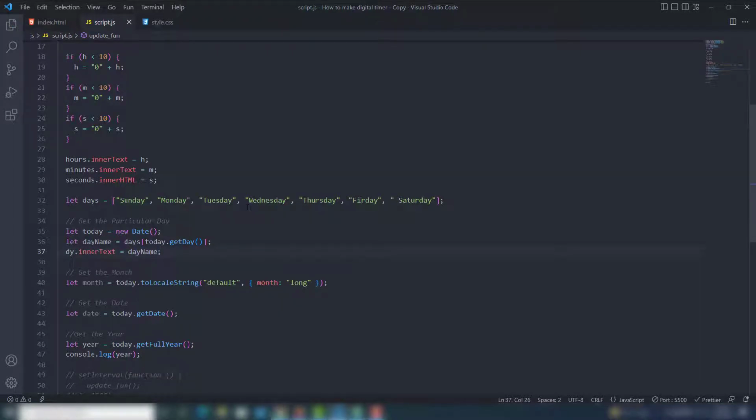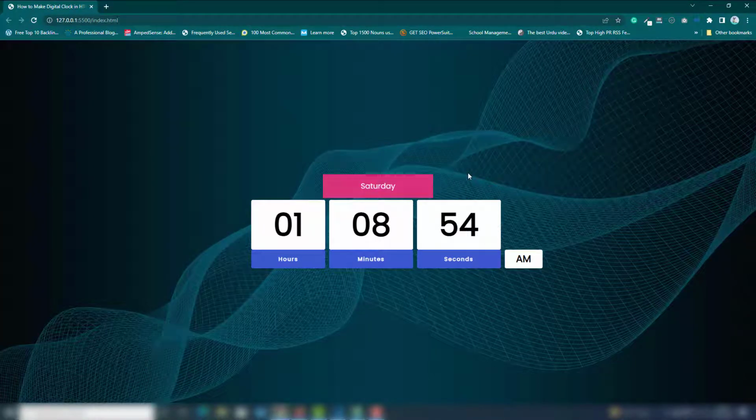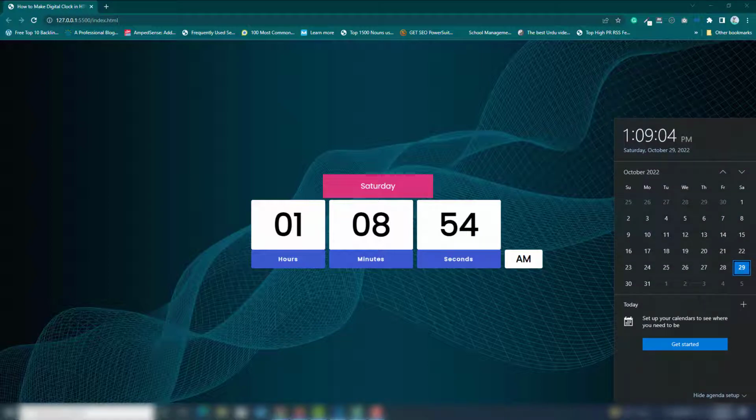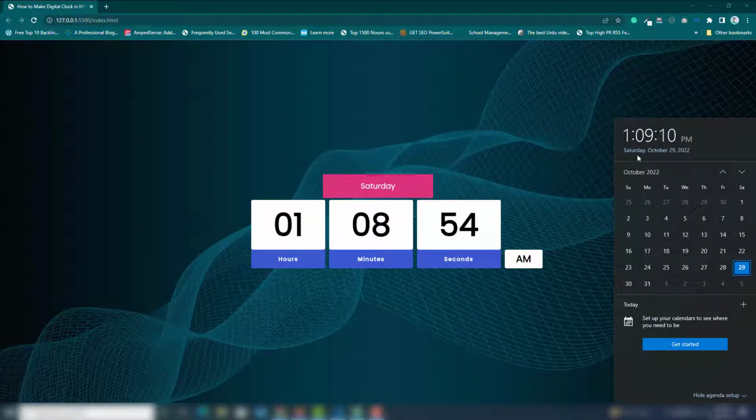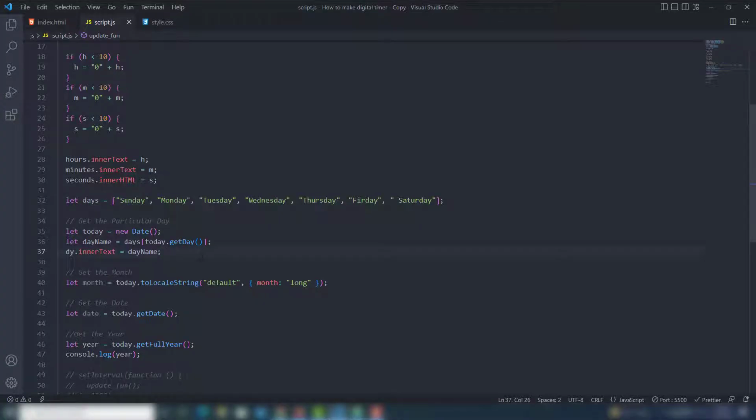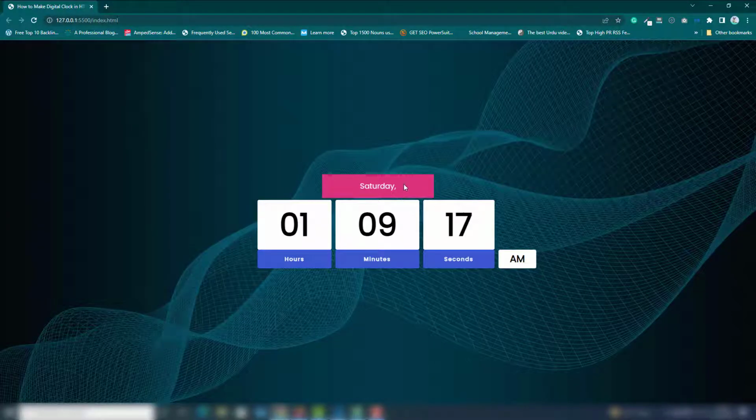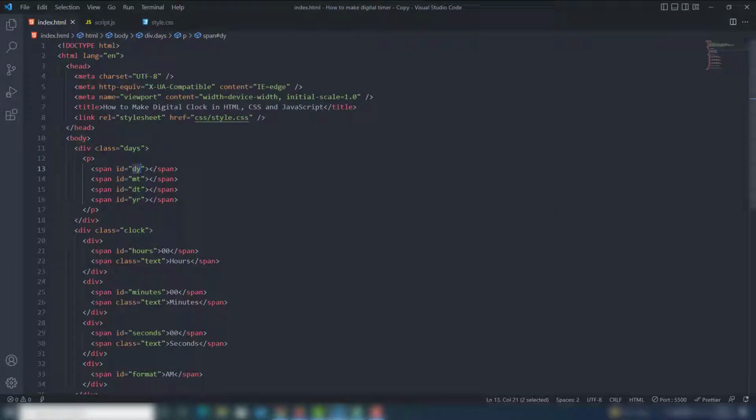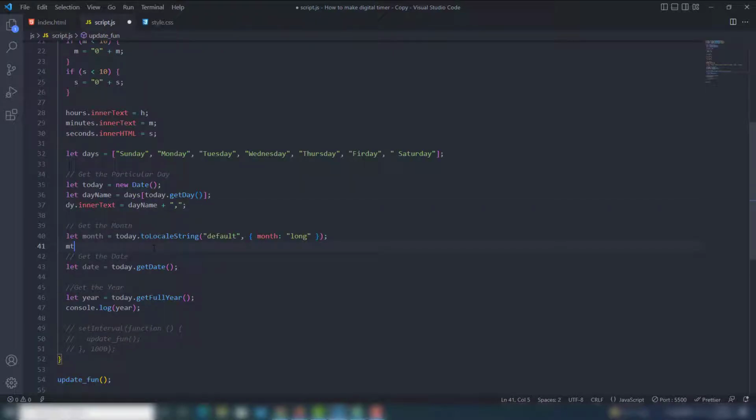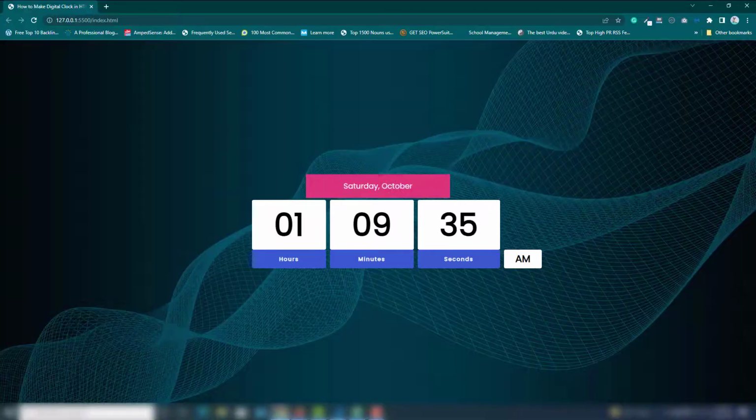So let's see, Saturday, right? Is this perfect or not? Yes, perfect. After Saturday there should be a comma, as you can see. So I need to use the concatenation sign and use double quotation with a comma sign. So the next one is we need to display the month. I need to go there and target this ID, paste it, call dot innerText, and display the month variable. So save, let's see, month,